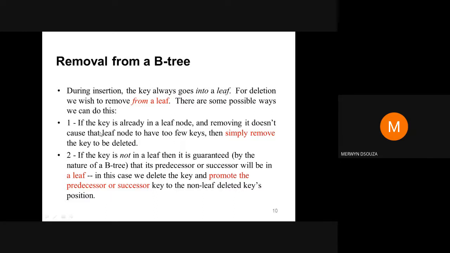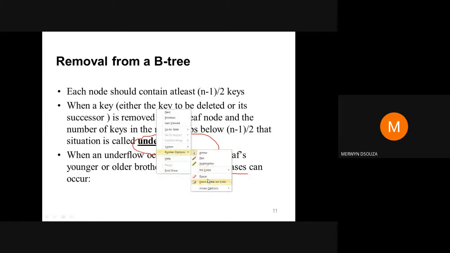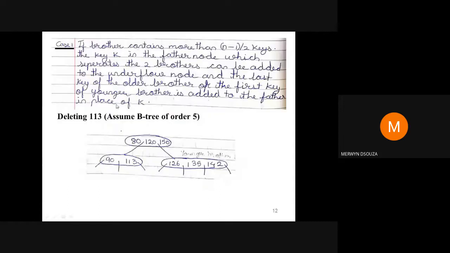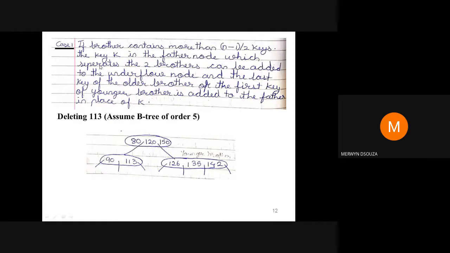In this point we have mentioned here. The second point I will show you later. So let's go through these cases one by one. Let's assume that deletion of a key has resulted in an underflow. So then what we need to do? We'll see these cases one by one. So case 1,